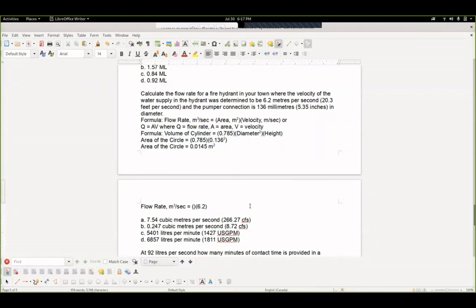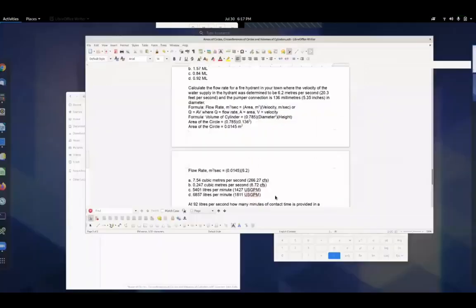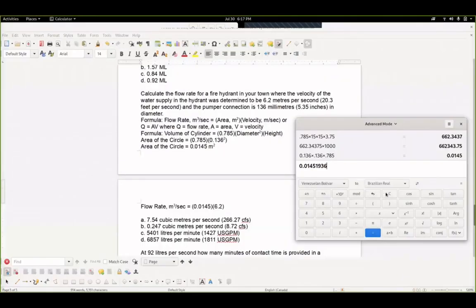So we have the area being 0.0145, and we have that the flow rate is 6.2, well actually the velocity is 6.2 meters per second. So we have 0.0145 times 6.2, which gives us 0.0899 cubic meters